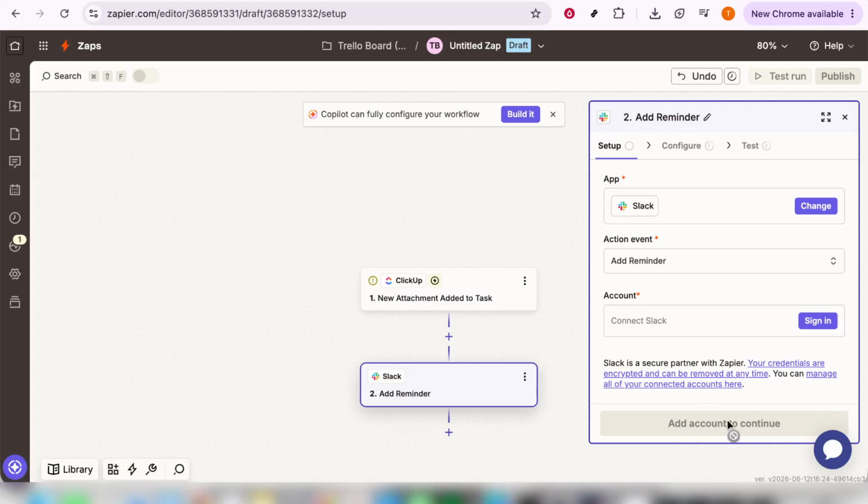Once the accounts are connected, Zapier will walk you through testing the connection with some on-screen prompts. These guides are your friends, making sure that everything is working as it should, and allowing you to troubleshoot before finalizing the Zap. And there you have it. You've now set up a Zap in Zapier, enabling you to automate a part of your workflow. Give yourself a pat on the back for taking a fantastic step towards